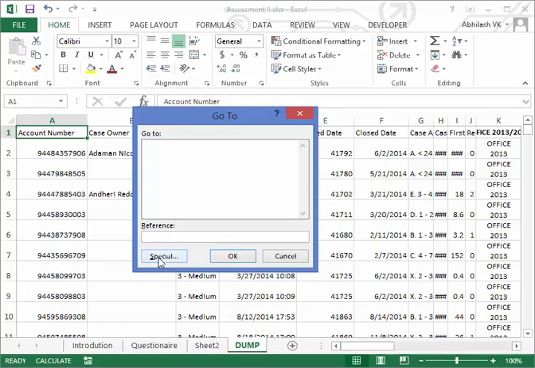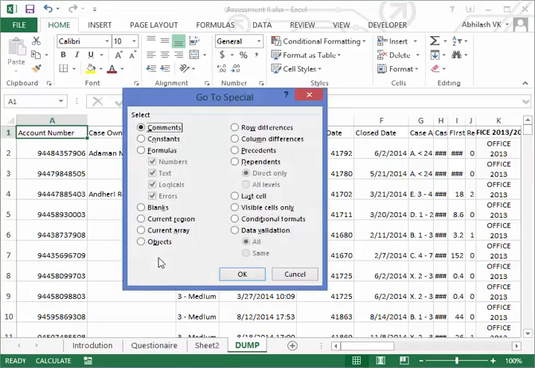Click on Special, or you can use Alt S. Here, this is Go To Special. Under Select you have Comments. By default comments is selected. If you just click on OK,